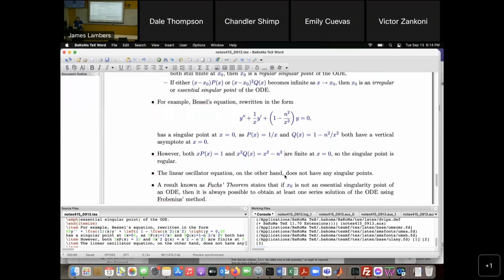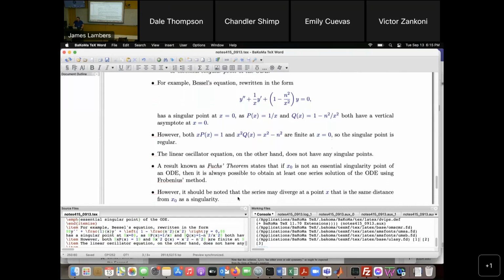So this theorem, I'll tell you: if you have a point that is not an essential singularity, so it can be an ordinary point or it can be a regular singular point, then at least one of the solutions can be found, guaranteed, using Frobenius' method. How to get the other solution, that depends. You might still be able to use Frobenius' method, like in the case of a linear oscillator, or you might have to use reduction of order, like we will do next time with Bessel's